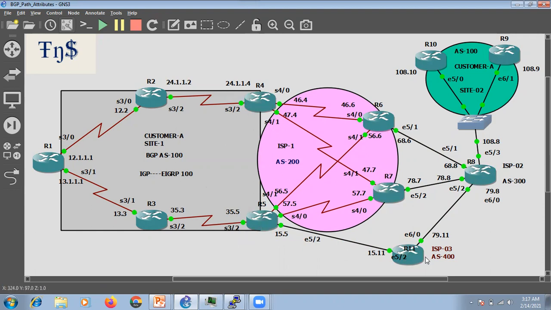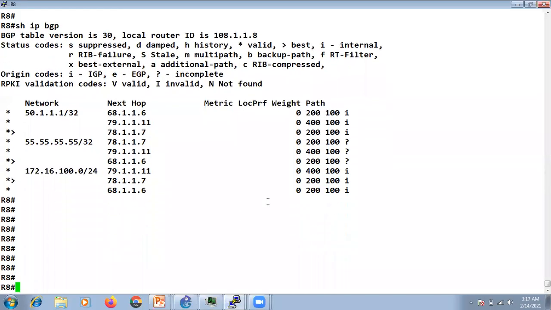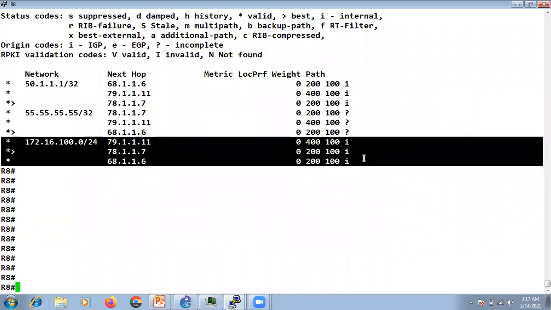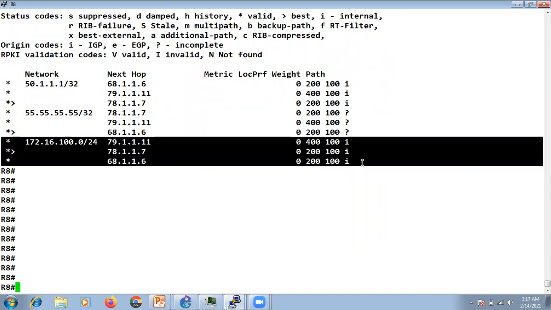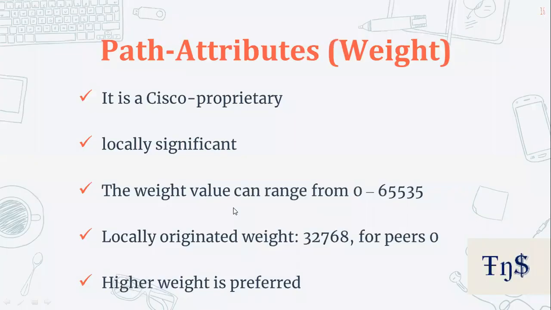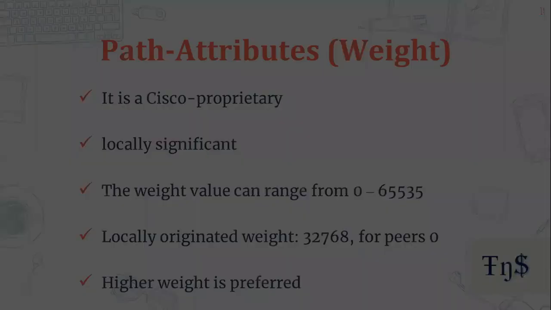Same R4 is doing. So if I'm at R8, on R8 also, if you check, it is also selecting the best path via some other attribute, right? Because everything is same, so it is going up to this. Sorry, wait, not here.